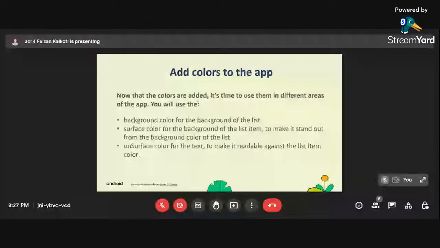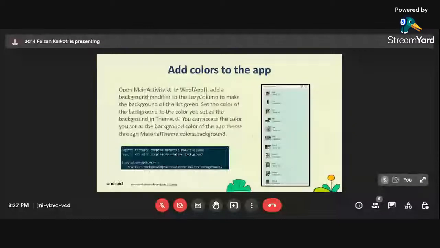This is how we have added the background color. We go on to the lazy column modifier, and we are now adding in the main activity function a background modifier. We need to add a background modifier on the lazy column. We are using modifier as a parameter. So modifier is a parameter, and inside a modifier we have a modifier. We have declared a modifier instance, option we are using from materials for the green